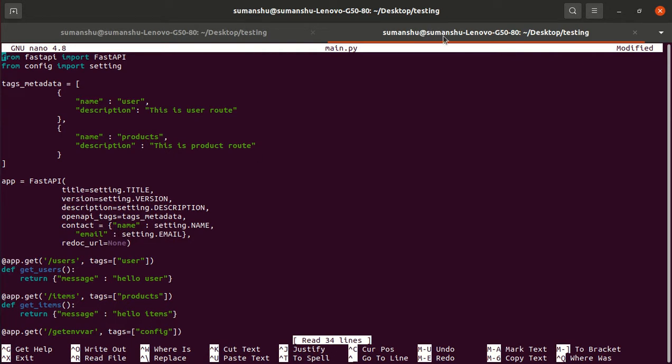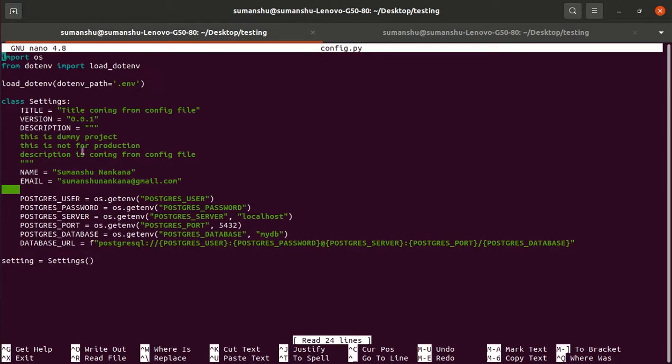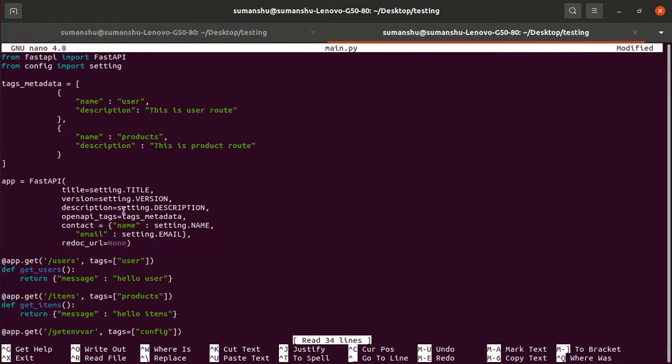So we created one configuration file. Let me show you as well. Nano config. So we have created one configuration file and we define title, version, description, name, email, and we pass that metadata information by importing the configuration file, right?